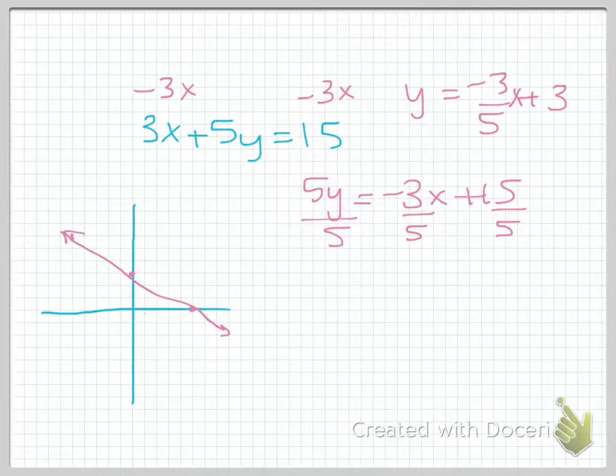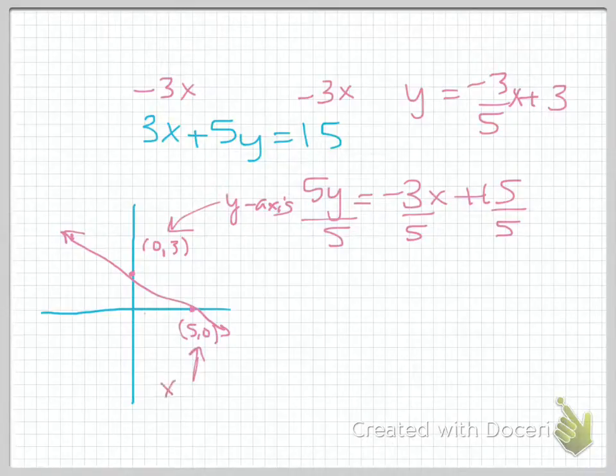So that means my x-axis here is going to be 5, 0, my y-axis is going to be 0, 3. Okay, so that's where it's crossing those. This is crossing my y-axis here, so that's the intercept, and this is crossing my x-axis here, so it's my x-intercept here. Okay, but let's do a shortcut. So if I don't want to solve this and I don't really want to graph it, let's go ahead and